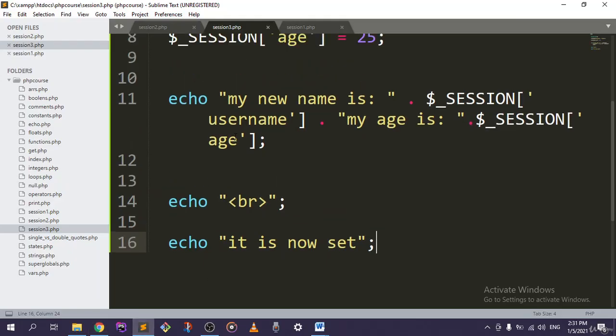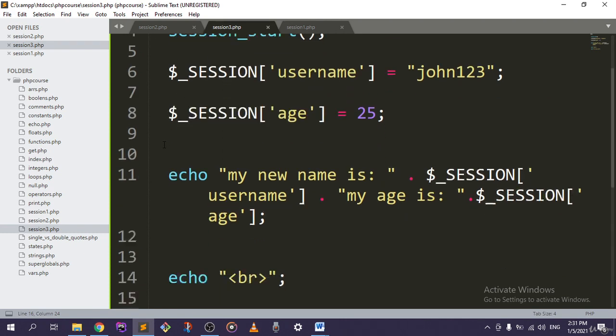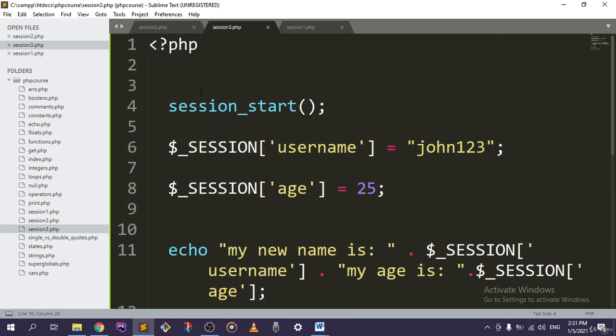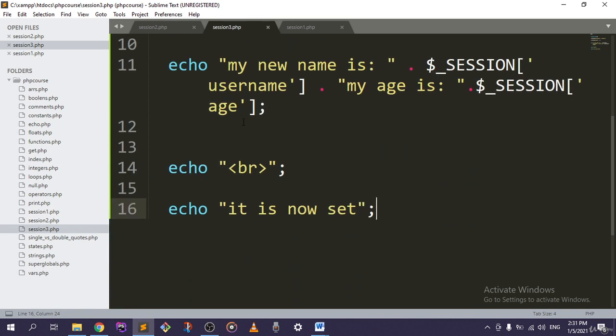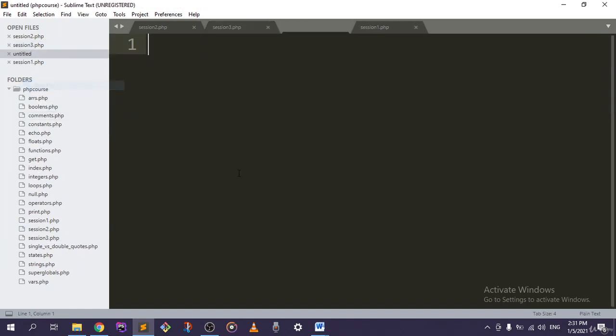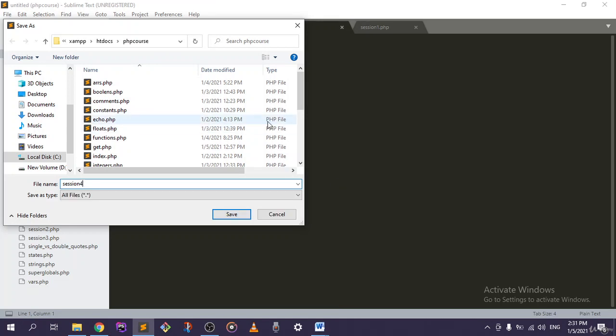So now what if we want to destroy all this session? When a user exits your website or closes the browser, his session will be destroyed. It's just a simple example of this. When your user logs out of your website, this is the code that you will write to destroy everything and get him booted back to the home page again. So if we go ahead and get to our first file, session, was it session or sessions? Yeah, it's